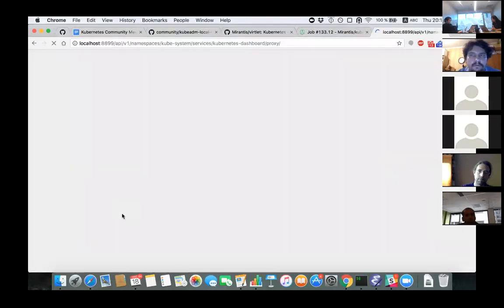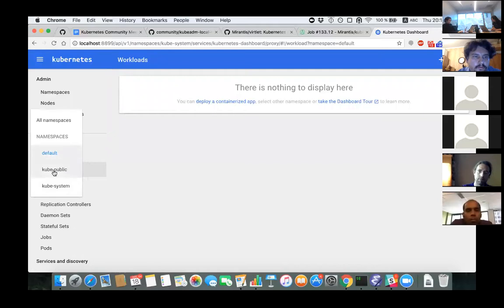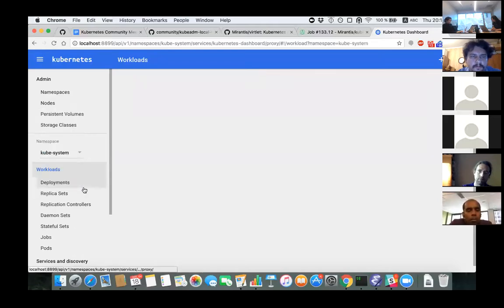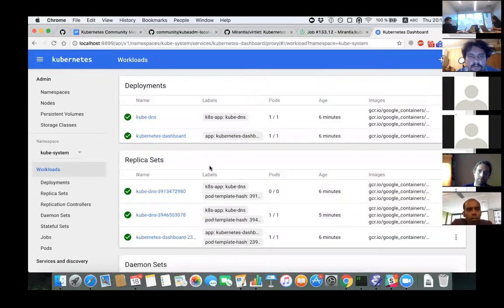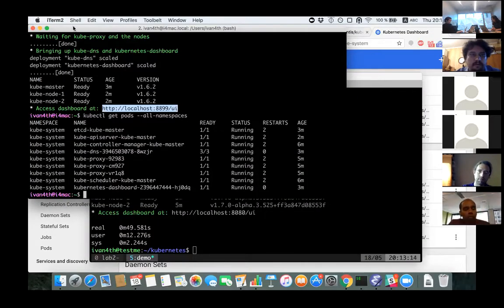So here, let's see, default kube-system, and you see here some pods are running, and it's all very quick and nice. So probably that's all. Any questions?